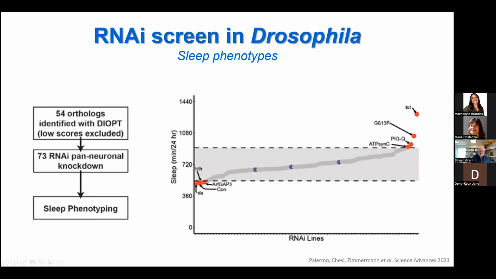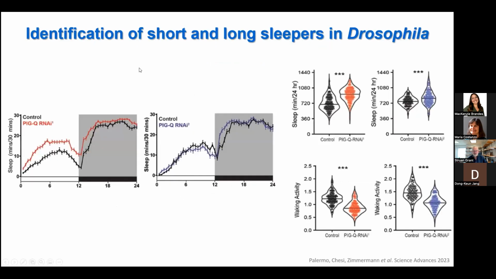These are very sleepy flies. And at the very left here, the other part of the extreme, we have very short sleeping flies, or I like to call them hypercaffeinated flies. They're very full of activity. And so it was interesting that we saw this from this distribution, we saw these genes exhibiting this behavior. One of the early hits that we got was PIGQ, and so we have a head start on PIGQ, and we've published this paper really focusing on PIGQ.